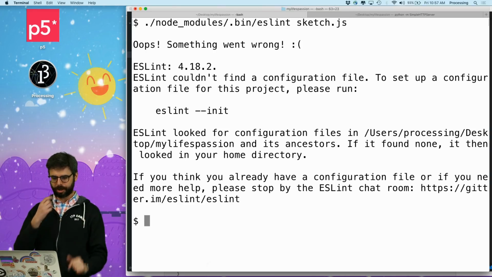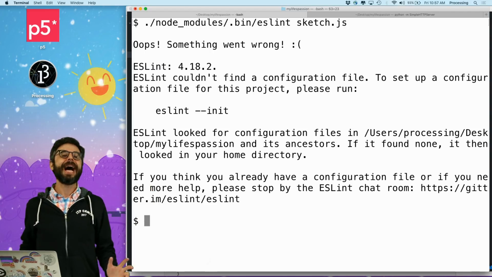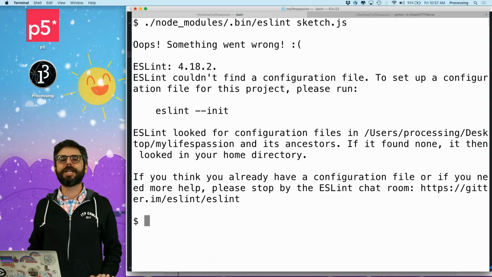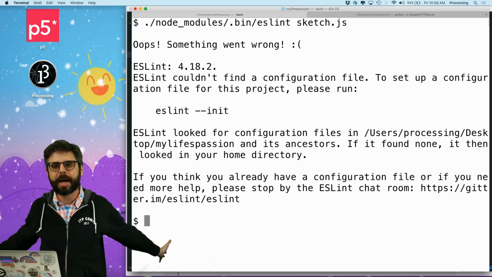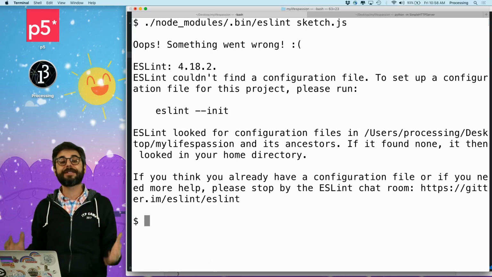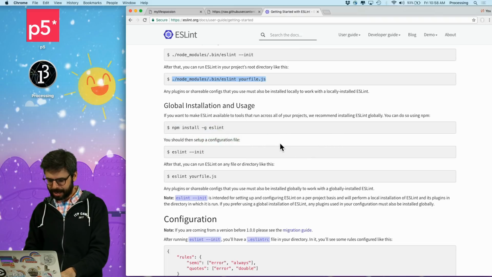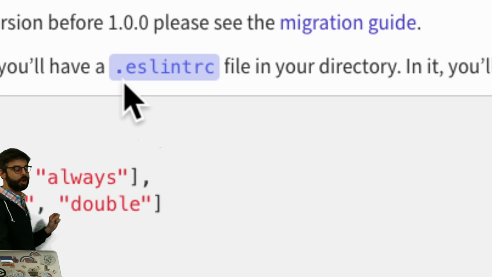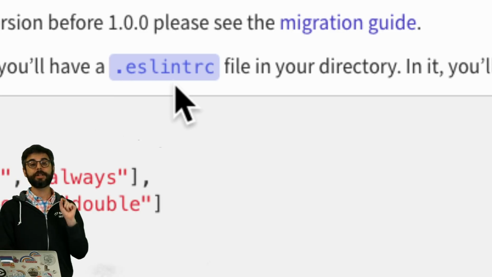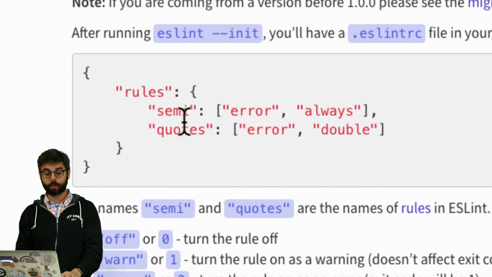Oops, something went wrong. So here's the thing. ESLint isn't just magic. It's not just like, I as ESLint know exactly how you should style your code. You have to set up a configuration file. That configuration file has a name, and it is a file that you create called .eslintrc in the directory of the project. And so I could create that manually, and I could start to add some of the rules,